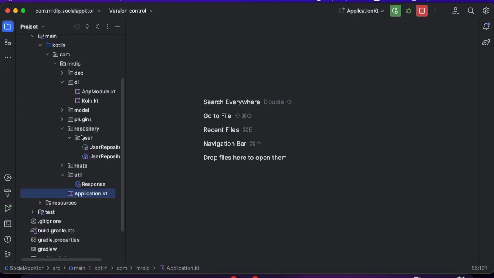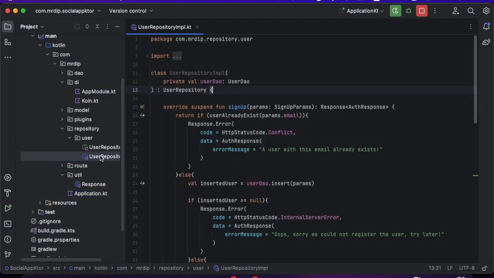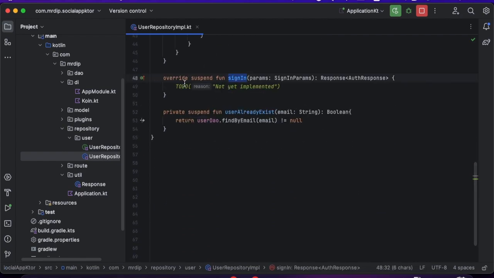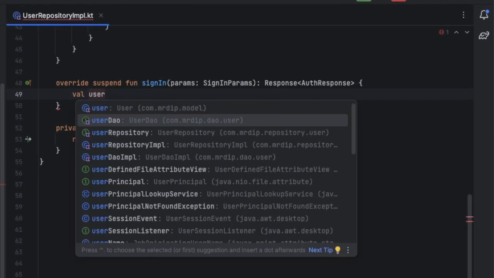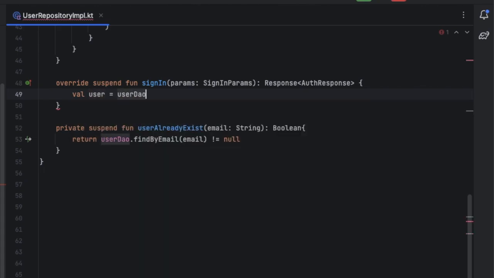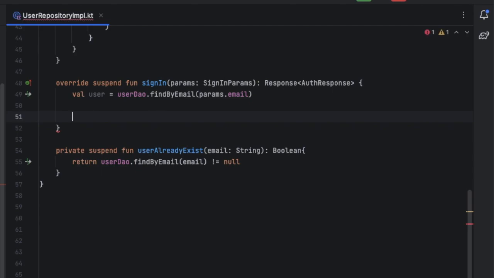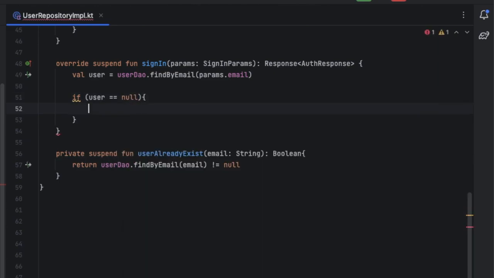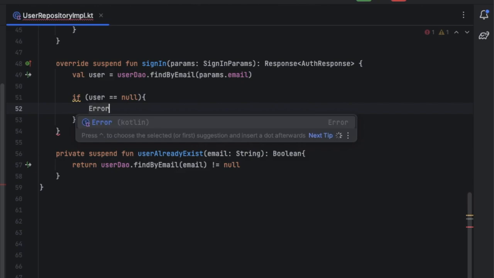So for that, you need to open user repository impl. And we're going to implement this sign-in method. Alright, so what do we need here? First of all, we're going to retrieve a user. So for that, I will call our userDao.findBy, and I will pass params.email. Now we can check if the returned user is equal to null. In that case, we're going to return an error